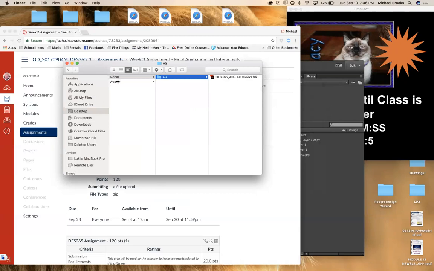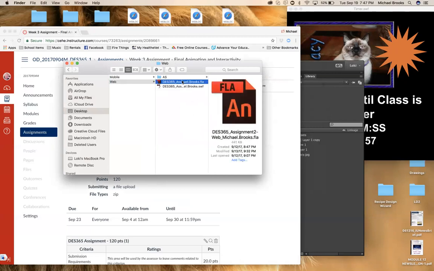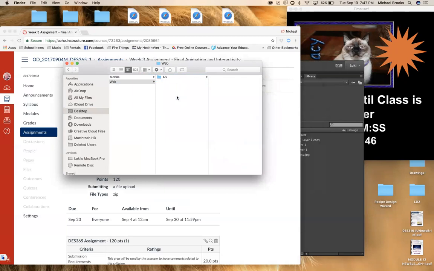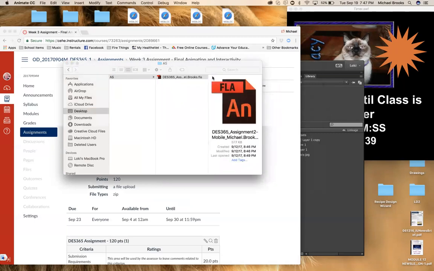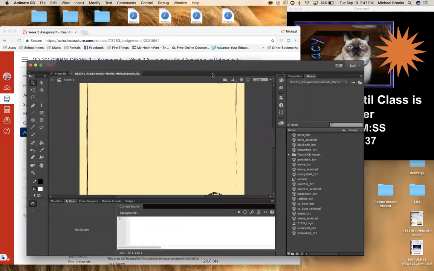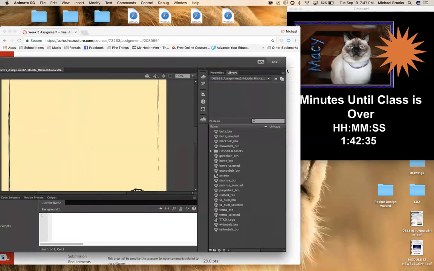Same here: right click, new folder, ActionScript. That gets moved up. This one goes, the SWF gets put in the trash. So now mobile, ActionScript. I double click to open it. All right, now that that's open,